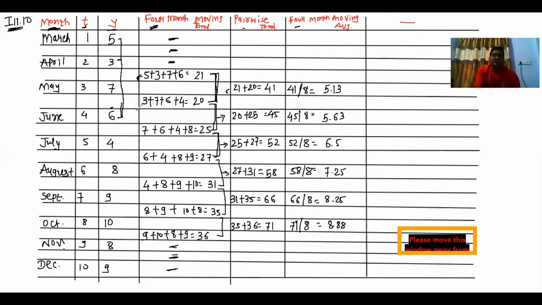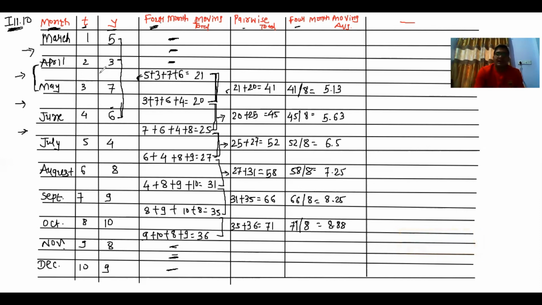In these types of sums, the most important point is that we have to put a space for every month. Okay. If you don't put a space over here, then you can see that I have prepared a fourth column, and the value is between April and May. So if you don't have space between April and May, then it creates a problem of how to write this value in between.